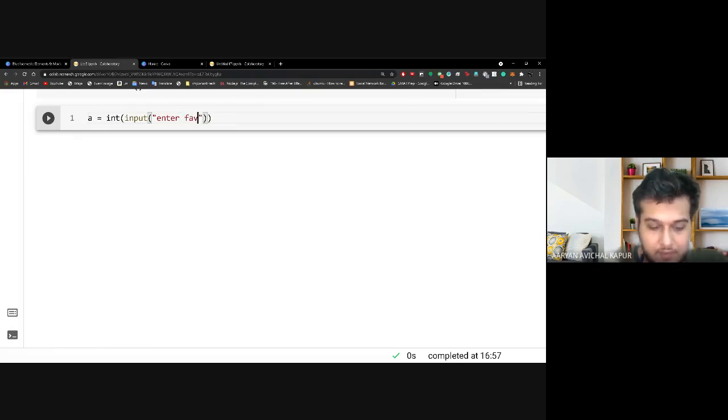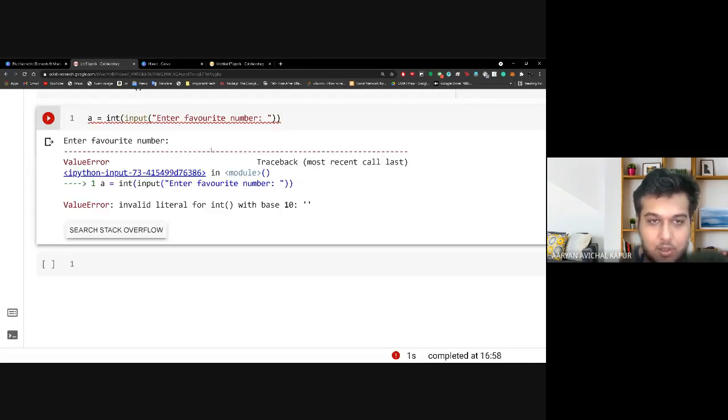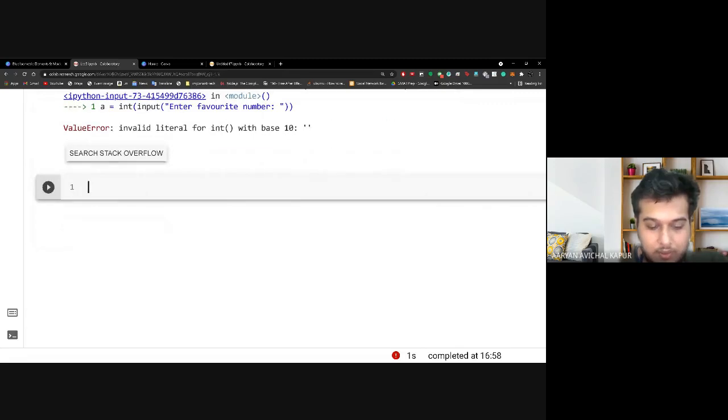Enter favorite number. Now I want to check if a is odd, so I create a function, def is odd. I'm just showing you how it is done, and I will show you very properly about functions in just a second. I just want everyone to look at it, and you'll have a very good idea.